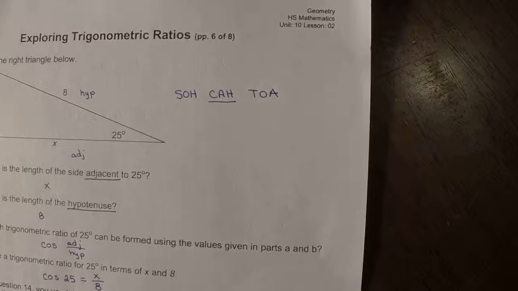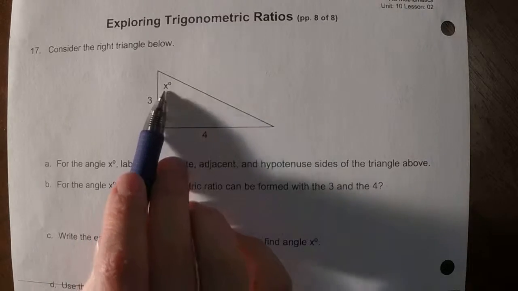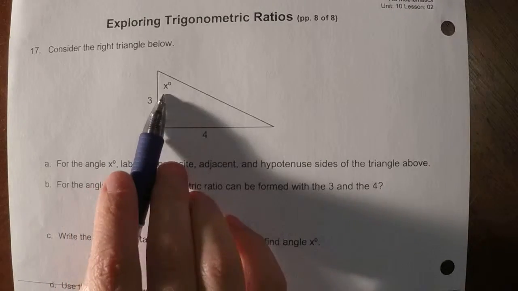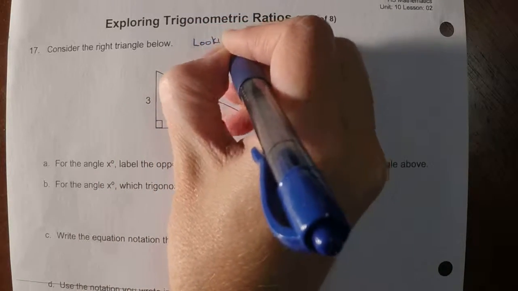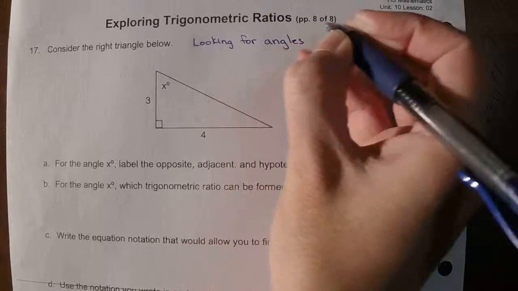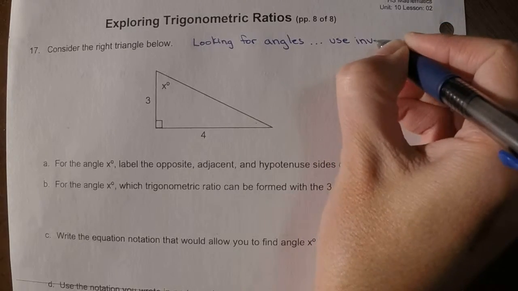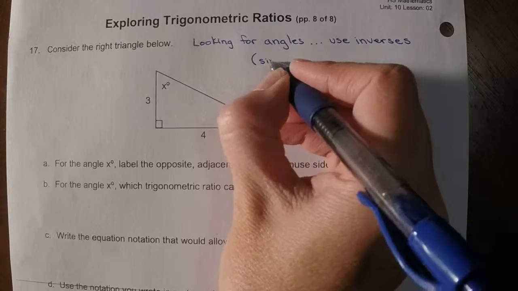So now let's explore just a little bit more. Now notice that they don't give me the angle measure, and they give us sides. So anytime that you're looking for angles, this is when you're going to have to use inverses, which again is your sine to the negative